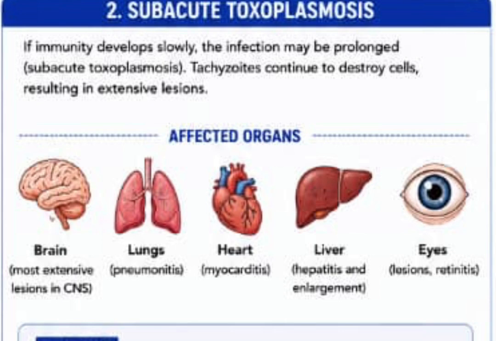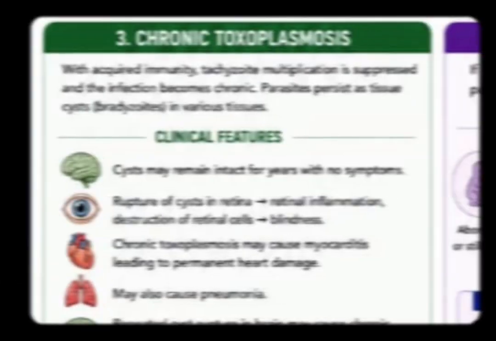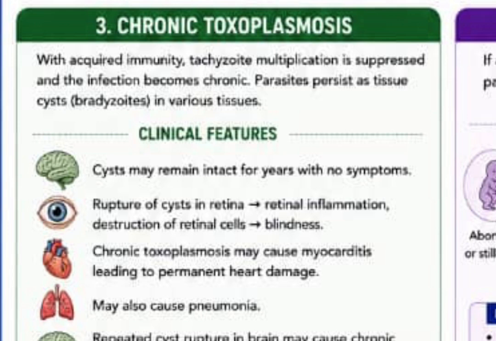In the heart, it is causing myocarditis or endocarditis or epicarditis or pericarditis, just infecting the tissues of the heart. In the liver, it is causing what we call hepatitis and what? Hepatomegaly. In the eyes, it is causing retinitis, optic neuritis, and some lesions. Are you getting now? Now, chronic toxoplasmosis is when it's between months to years, and when it's between months